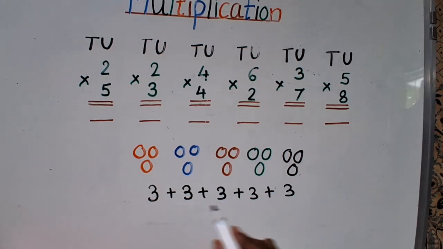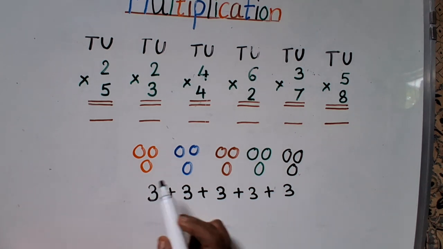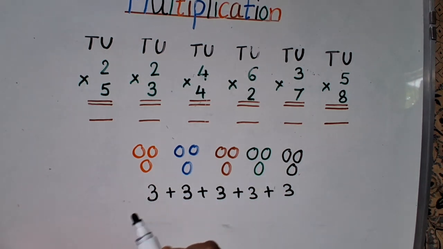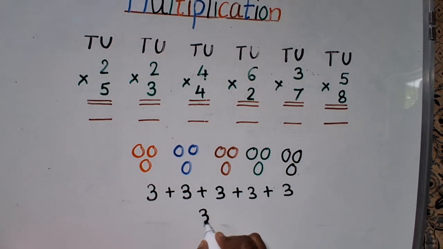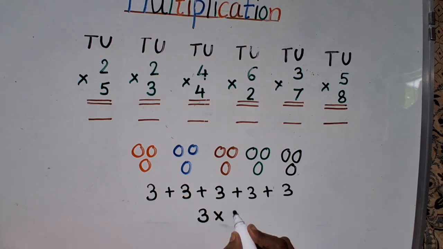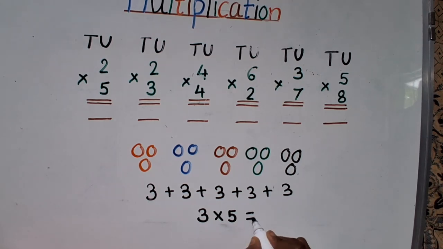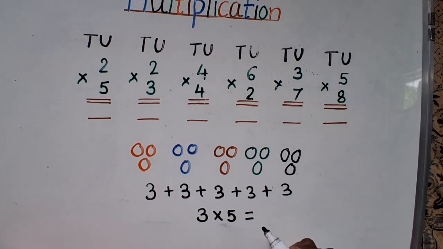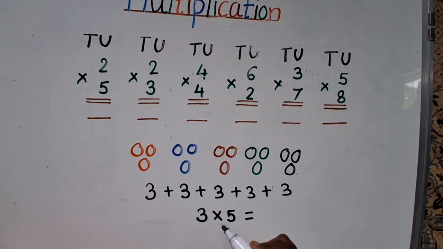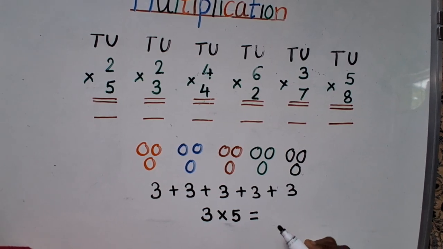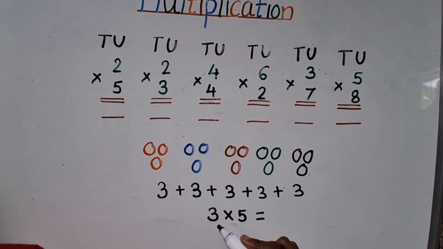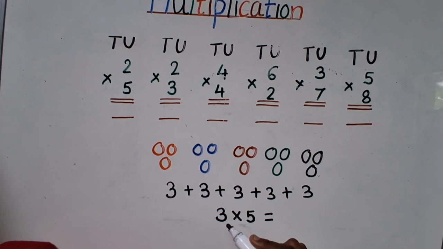See, how many groups are there? 1, 2, 3, 4, 5, and the same number of balls in each group. So in such cases we do multiplication like 3 multiplied by 5. Okay, so for this purpose you have to learn at least the tables from 1 to 9, and it is very easy. So 3 into 5 or 3 multiplied by 5. You have to learn the tables from 1 to 9, then count the table of 5 up to 3, or you can count the table of 3 up to 5.